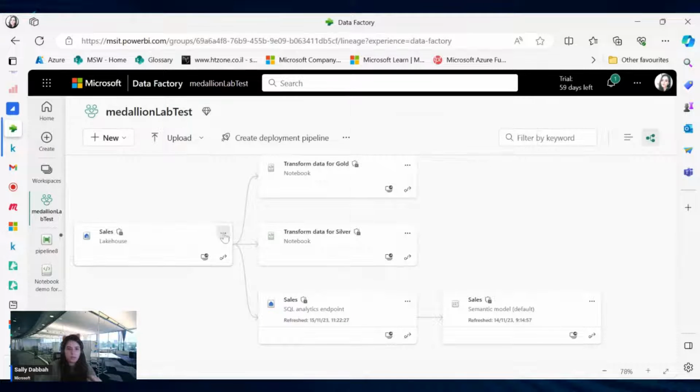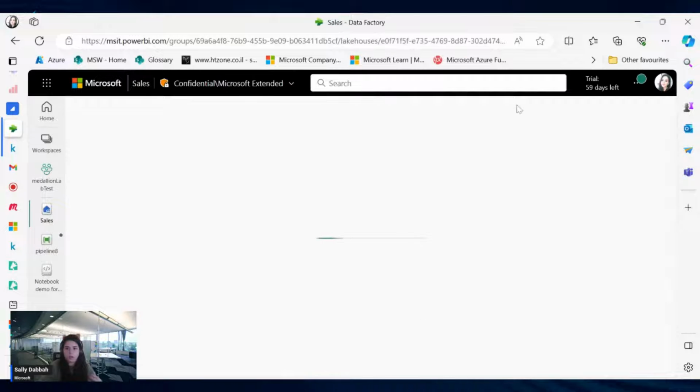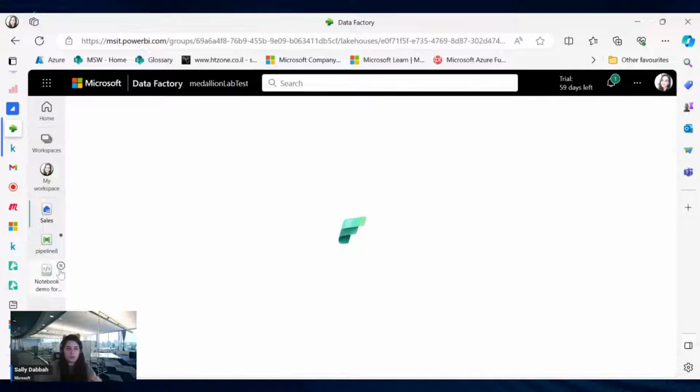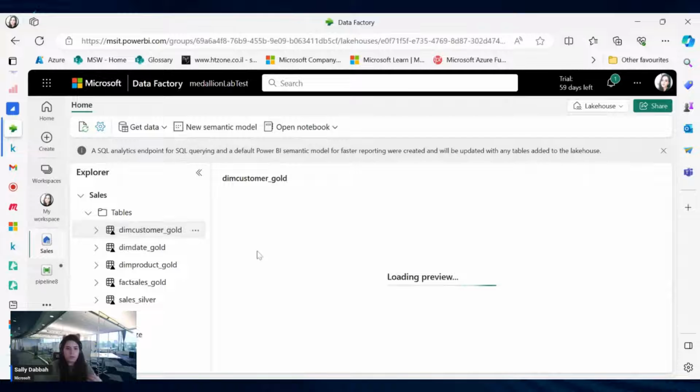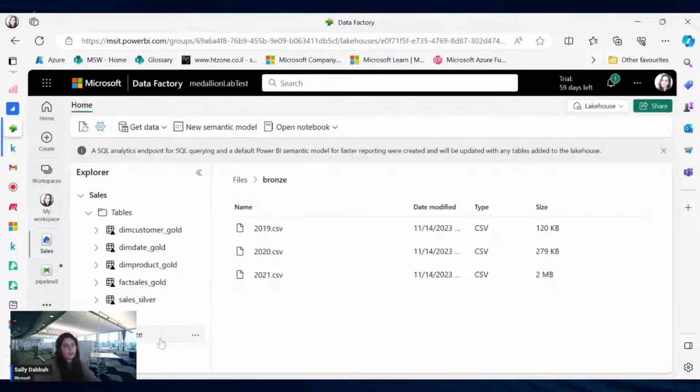Let me just try to open it. It should take a moment. Okay, so in this demo, I uploaded my three CSV files to my bronze, which is basically a folder.